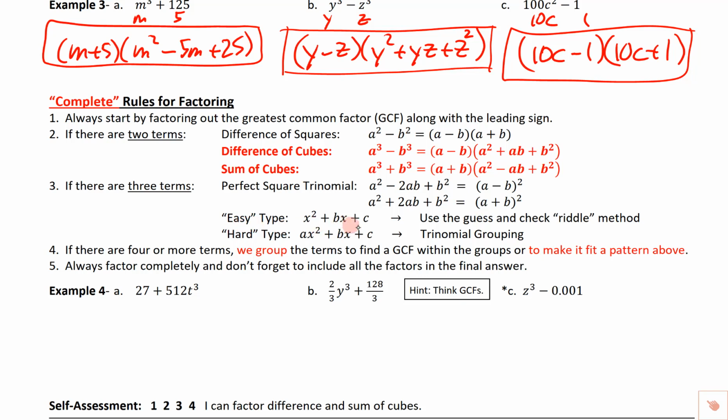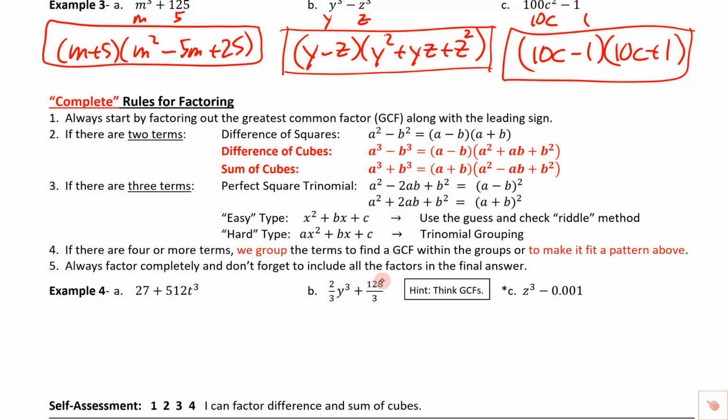And then there's the easy type of trinomial. We use that guess and check riddle method. And if it's the hard type, we multiply the a and c together and use the riddle method with that number and whatever the number in the middle is. If it's 4 or more terms, then we group them together to find a GCF within the groups, or we can group them together to make it fit a pattern like this up above. And that's some of the advanced factoring techniques that we'll take a look at in the second part of this video. And then the last thing, of course, is always make sure that you factored completely and include all the